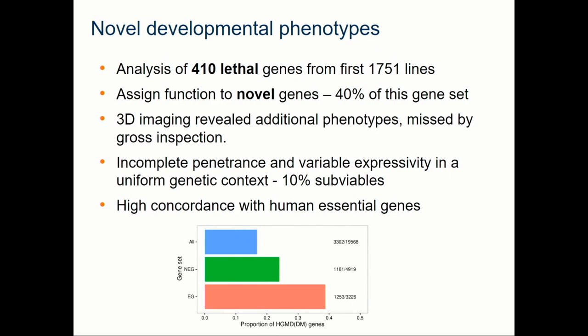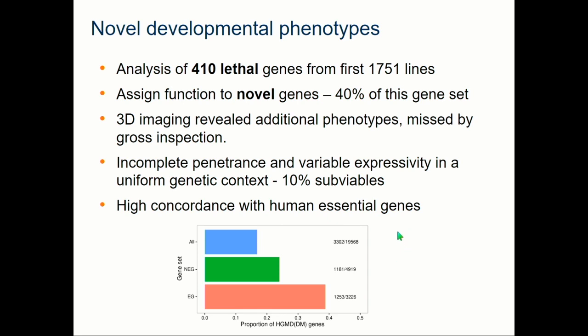This slide summarizes what we found from our developmental embryonic study. This was based on the first 410 embryonic lethal lines that we produced. A lot of these were novel genes, and we managed to assign novel gene function to these genes, particularly from the 3D imaging studies. And we're able to really start to quantify incomplete penetrance by looking at the subviable fraction. So we find 10% of our lines are subviable, so they make it all the way to adult and we can phenotype them, whereas some other mice with exactly the same mutation in a single genetic background die. So we can start to study this